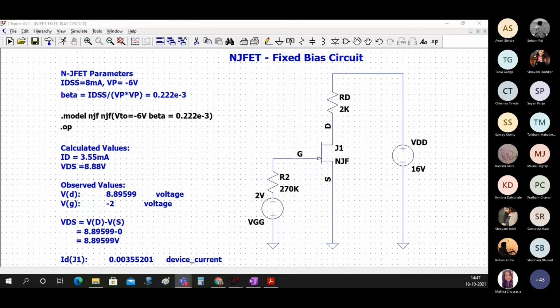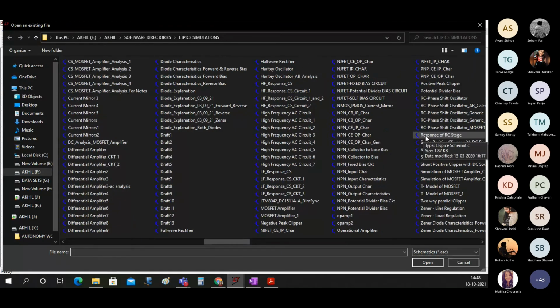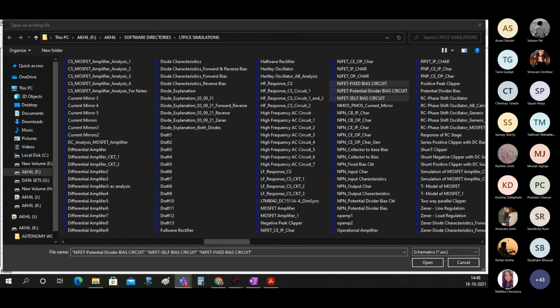I have seen many have posted potential divider bias and self bias, but not fixed bias. I'm just waiting for that. I'll also give you this. Soham, just check whether you have got these 3 files.